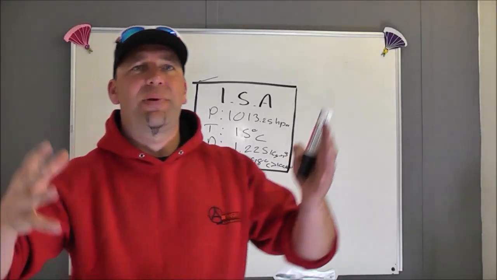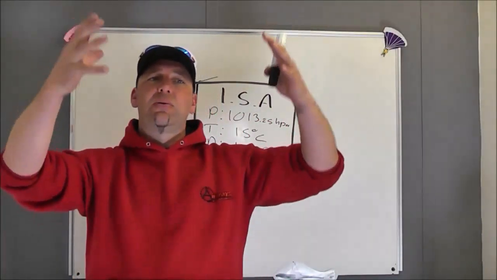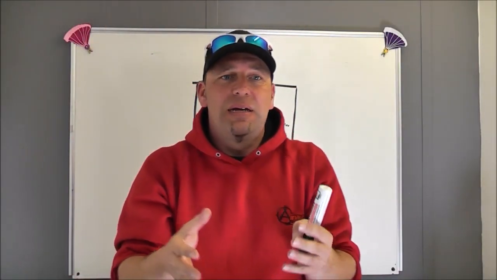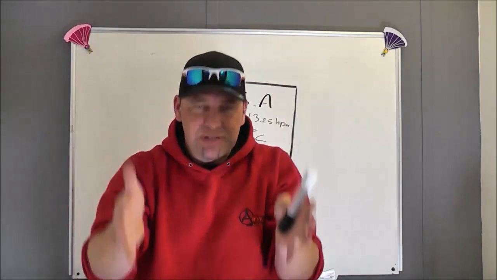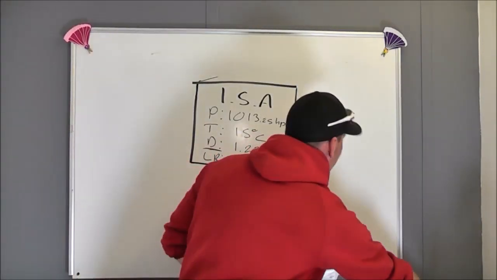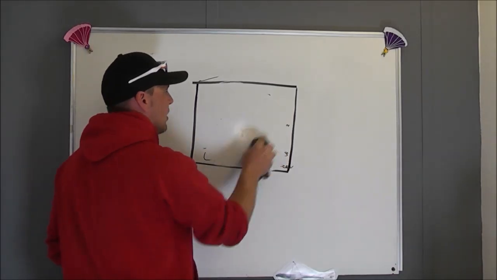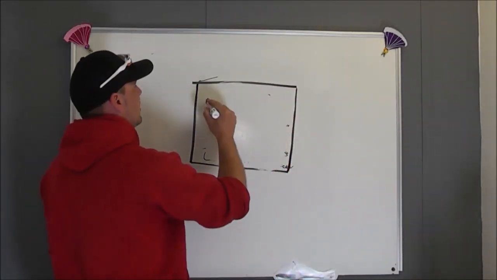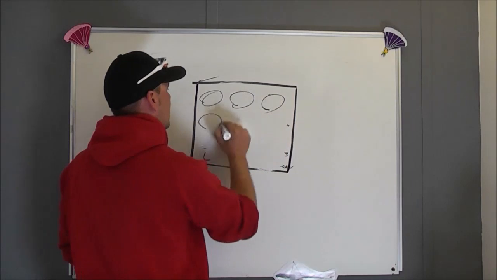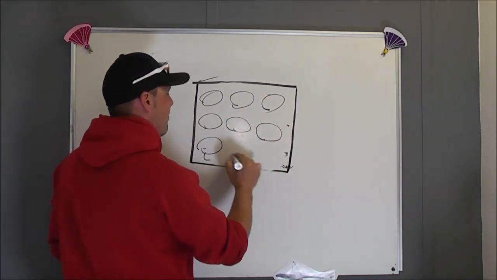And the reason it's being compressed is because all of the other air molecules, all the parcels of air, are being forced down upon it. We're in a high pressure area, the air is being forced down. So where this lump of air previously could hold all of these air molecules,